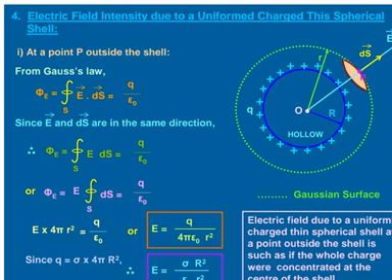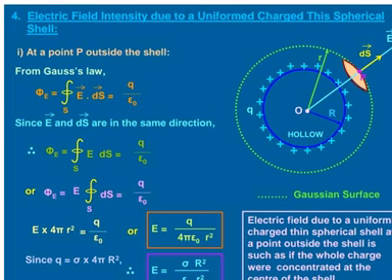We have to choose a Gaussian surface. As the point P is at a distance r, the Gaussian surface will also be spherical, and you can see that the area vector and the electric field at any point will make an angle 0 degrees, meaning both are parallel to each other. So by using Gauss theorem, electric flux phi E will be equal to the closed surface integral of E dot ds, and that you know will be equal to Q upon epsilon naught.